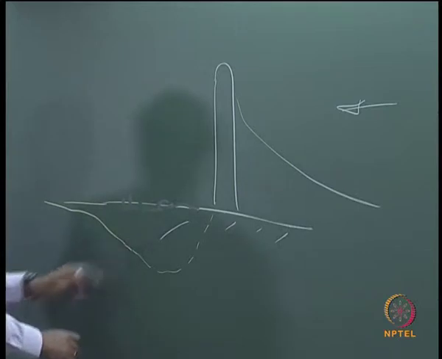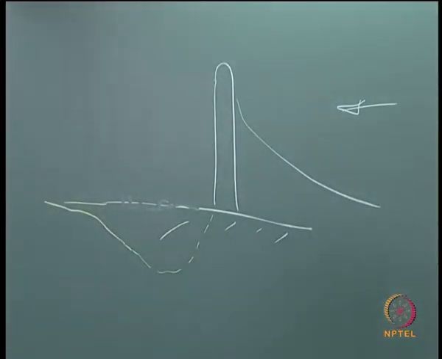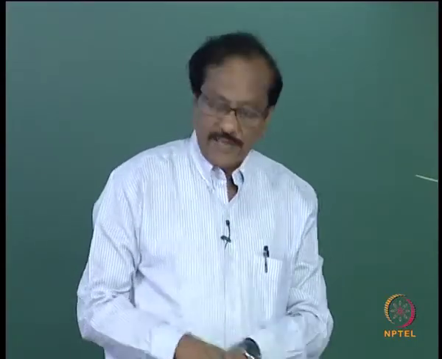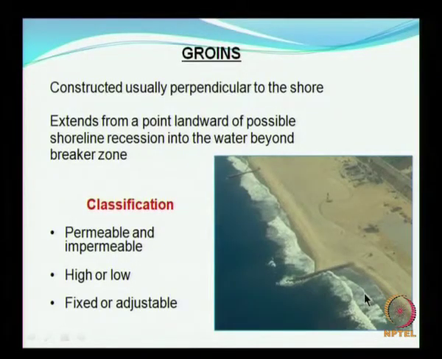This is what we have already seen in the first of my earlier slides. But when you see this picture, you can easily say which is the direction of net sediment transport. The net sediment transport is from top to bottom, moving in this direction, and you see that the scour will penetrate into this shadow area.